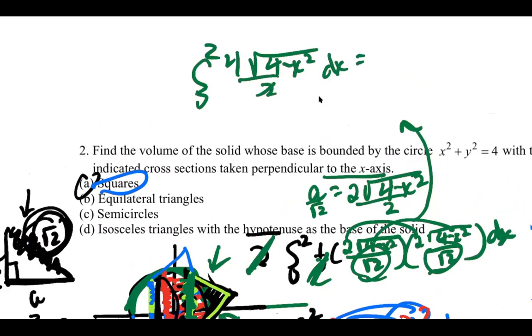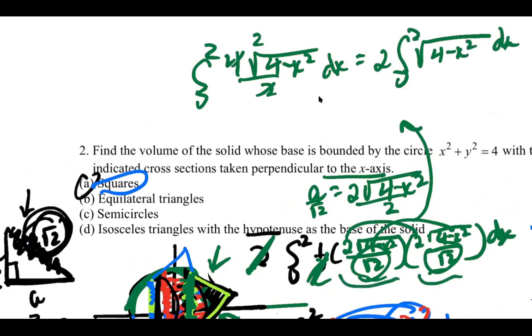So I have 2 times the integral from 0 to 2 of the square root of 4 minus x squared dx. Remember, this is 1/2 base times height, and this gives you triangles with a little bit of width there on the sides. All right, now I think this was our